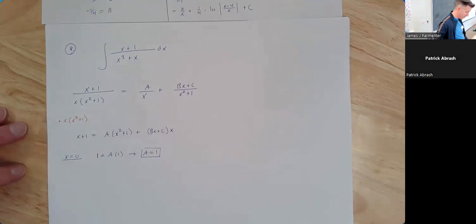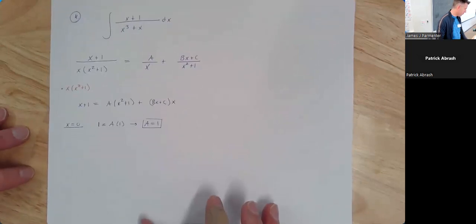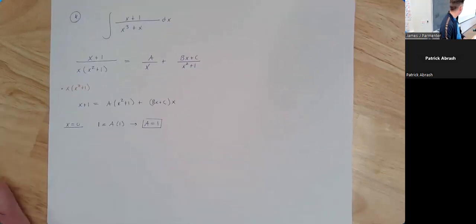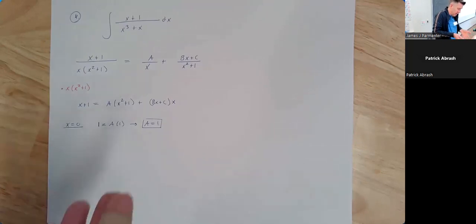But now I have to start equating coefficients. So it really might work best for you to multiply it all out. I don't like to do that because I'm lazy. So for example, if I was equating the x squared, I would look at it and see, okay, let me